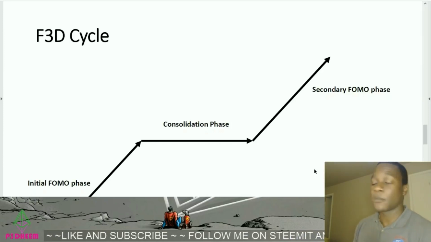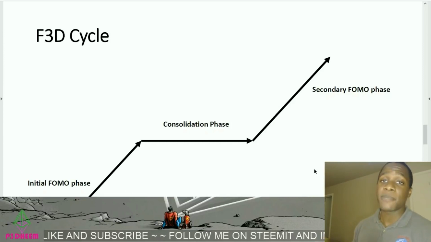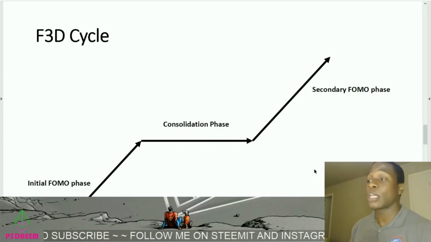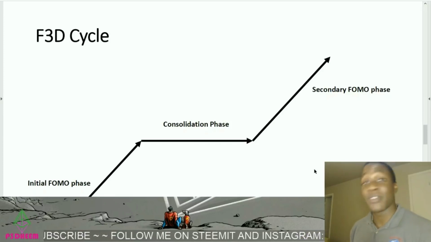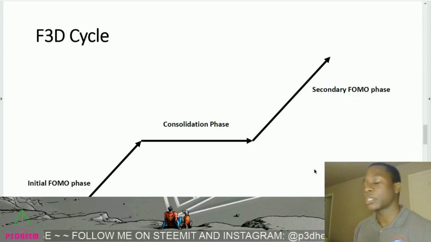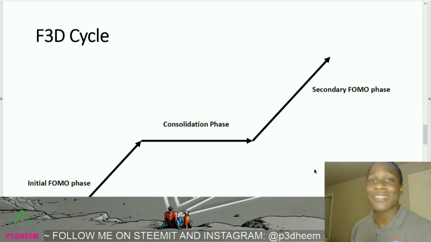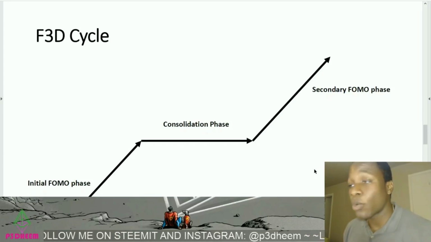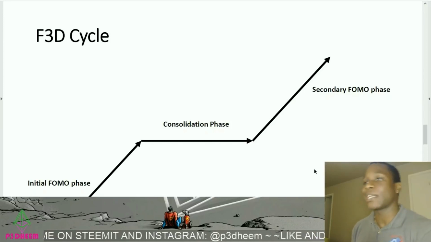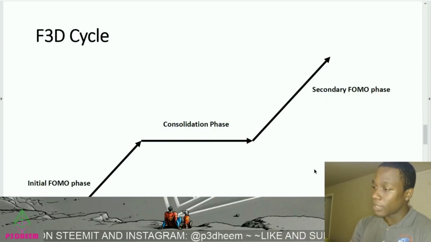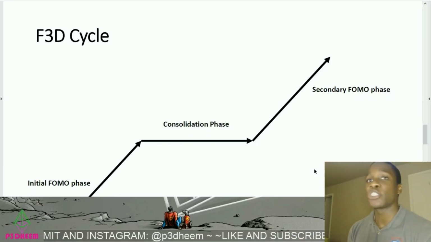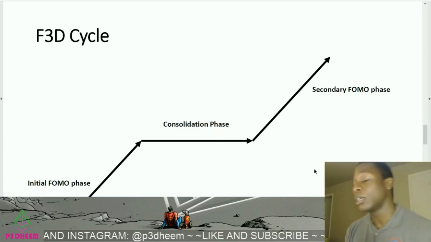And then you have the secondary FOMO phase. This is when the keys start to become very expensive and people have to start making life decisions about buying these keys, having to take out loans, get rid of their retirement money and whatnot. But this secondary FOMO stage is when the long contract gets below that 5 to 6 hour mark, where people are watching it like a hawk. I do believe that there is going to be a lot of Ethereum in the contract at this particular point. And if there's not a lot of Ethereum in the contract at this point, then I'm not entirely sure how somebody won all of that money with so little.